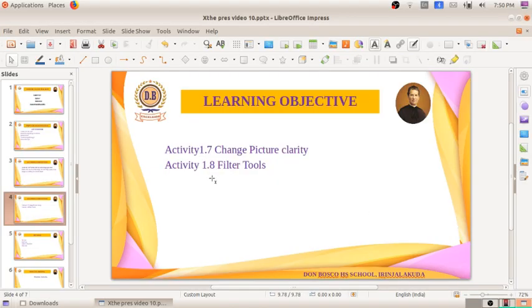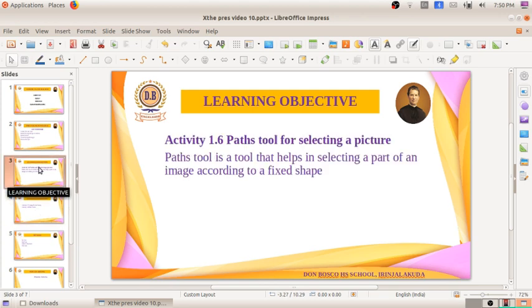Okay, children, I will tell you what all things we have discussed in this session. We used the path tools for selecting a particular part of the picture, to crop or to get a particular path. We also used the filter tools to make the picture blur, to lose its clarity.